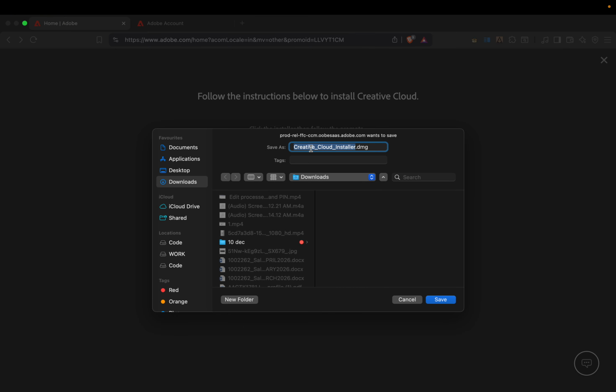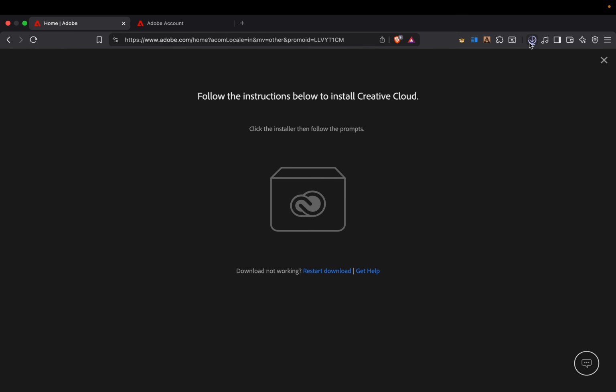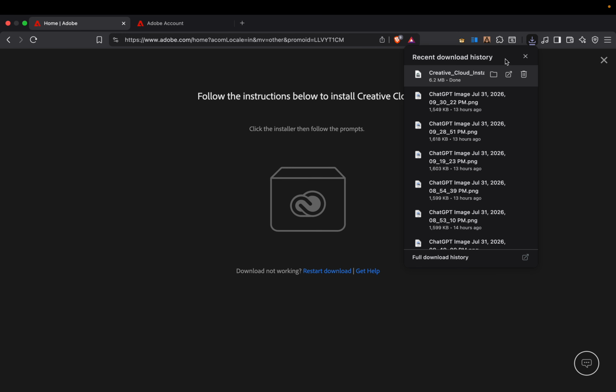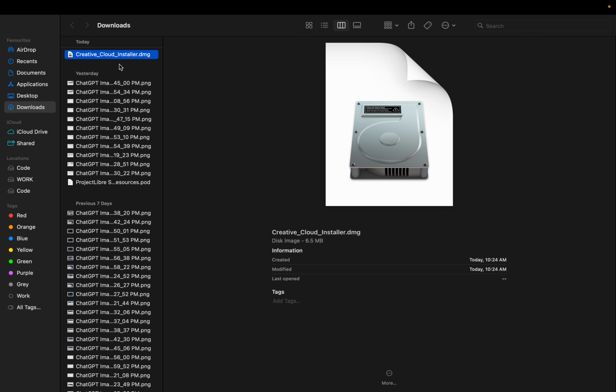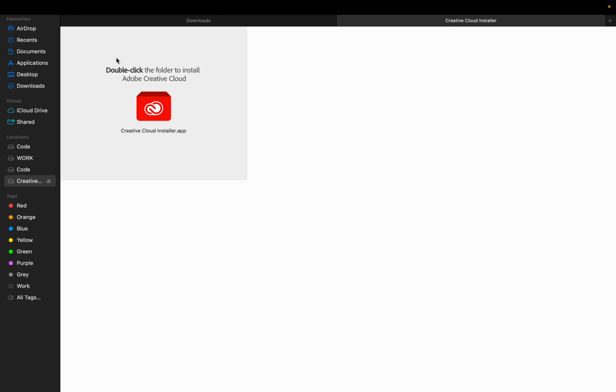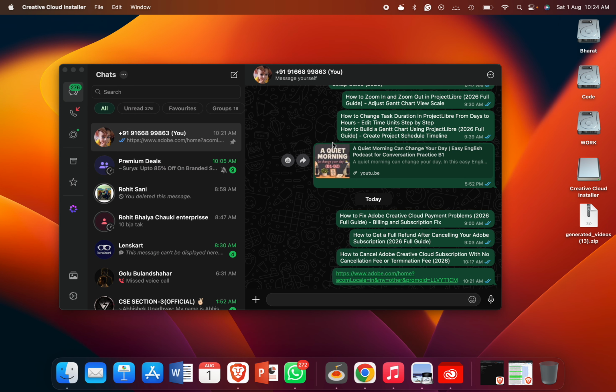Here you see that my Creative Cloud installer is downloaded. Click the save option and your download begins. It totally depends on your system. Then you double click on your Creative Cloud, click it again and open it, then allow it to install,